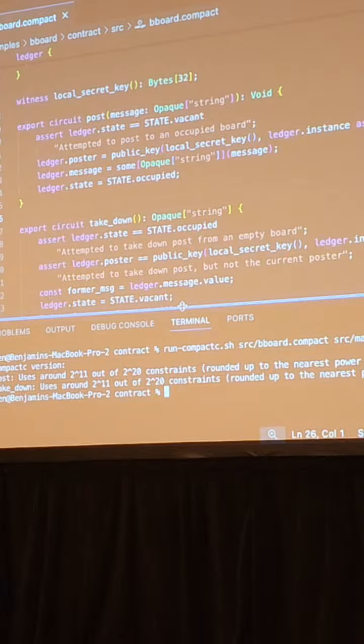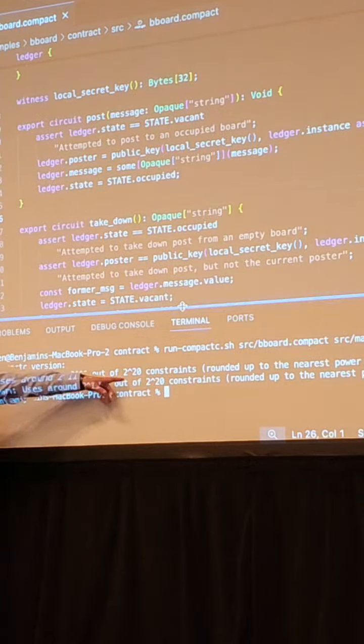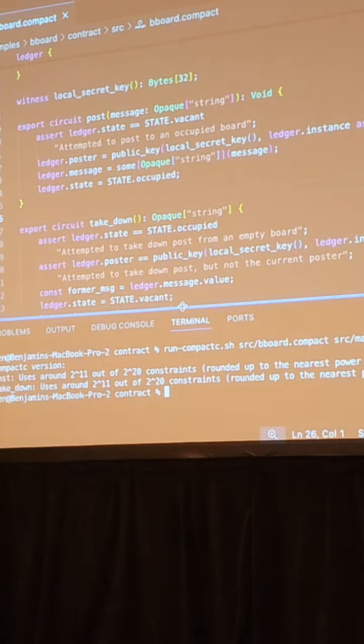So these ones are reasonably low. Right now we're capping out at a complexity of 2 to the 20th in our constraint system, which is pretty large, but it may get bigger over time. And it shows you that both of them have pretty much the same complexity. So when you're building the proofs, it'll take about the same amount of time. There's a little fudge factor in there.